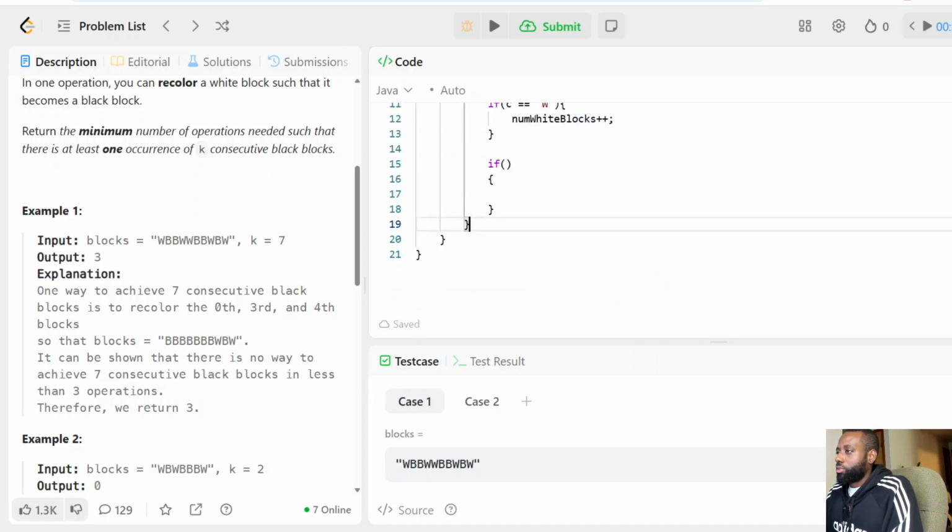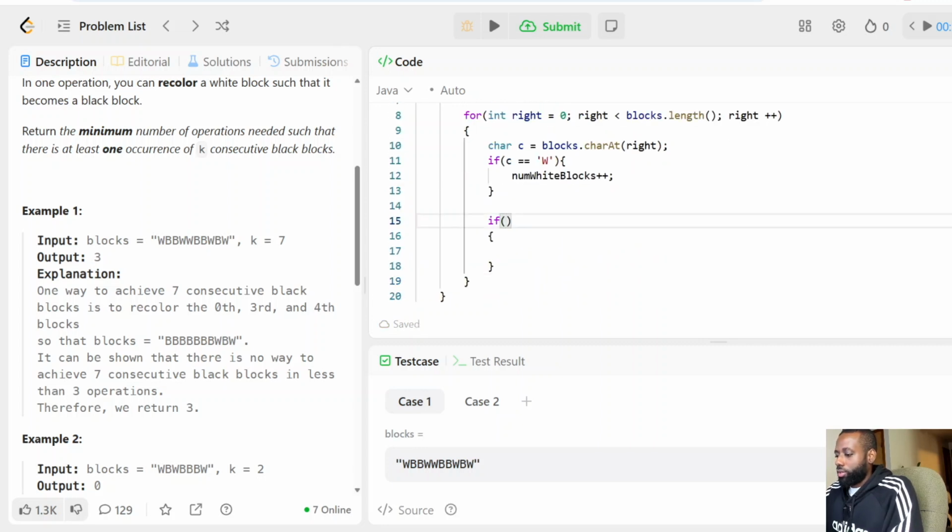Okay, so now that we have that, we check our window here. Okay, everything looks good. So we check, right? Is our window, do we have at least k elements, right? If we have at least k elements, then we can go ahead and just, what's it called, capture it, right? So we take the min of the current min